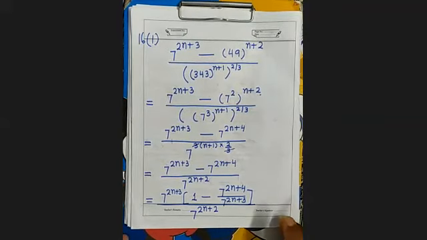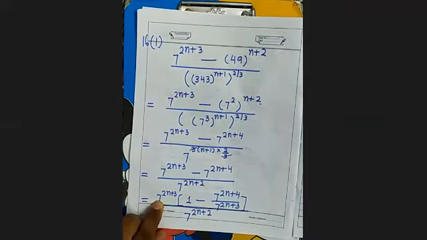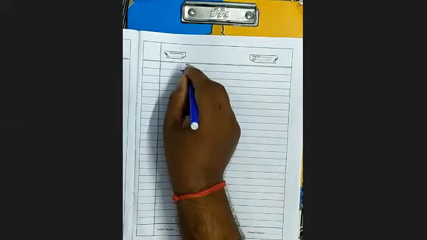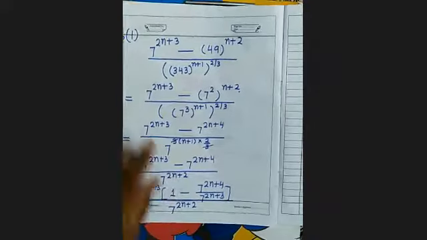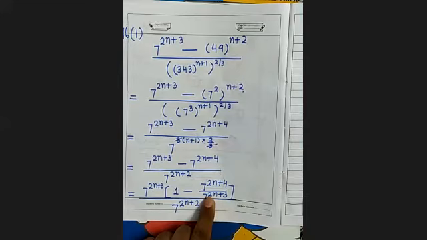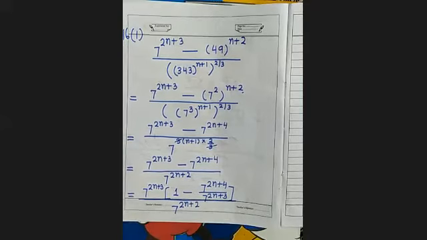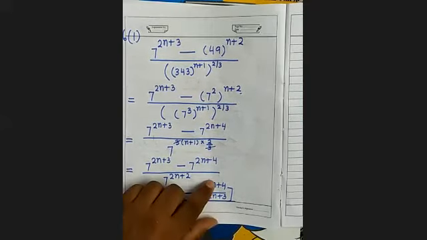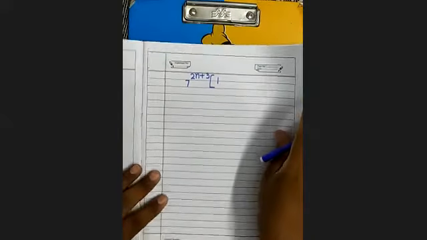Now see here, when you further solve, I am doing it on the next page. You can see numerator 7 to the power 2n plus 3 within bracket 1. First I am writing this. Within bracket 1. Now here which rule will apply? So the quotient rule will apply. Bases are same and the numerator's power is bigger. Therefore, from the numerator's power subtract the denominator's power. So you subtract it.